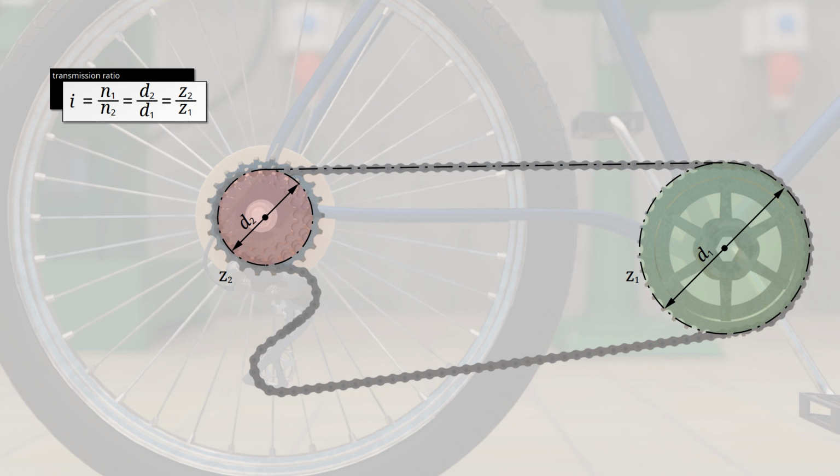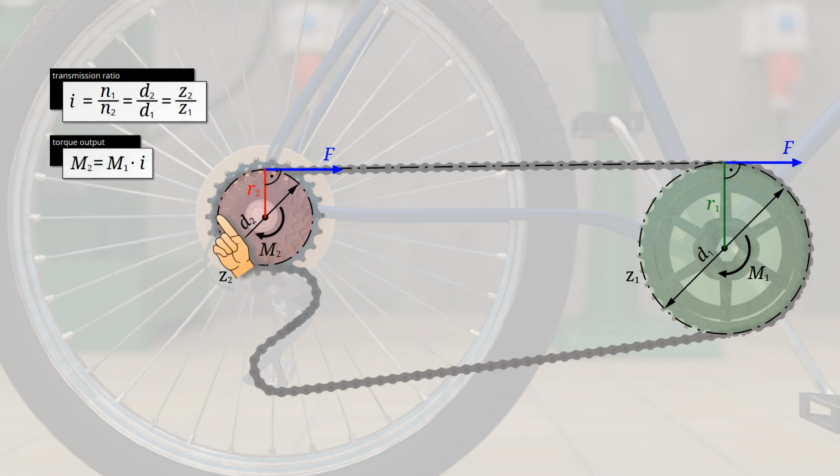Depending on the diameter, the driving chainring pulls on the chain with a certain force due to the torque applied. With this force, the chain now pulls on a larger or smaller chainring. Therefore, the force acts on a smaller or larger lever arm and causes a change in torque depending on the gear ratio. In the case of chain drives, the change in rotational speed can again be clearly explained by the different number of teeth meshing with the chain.